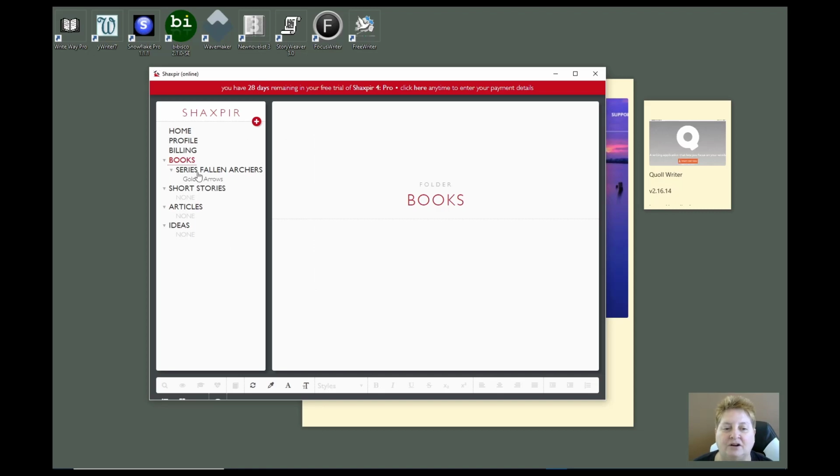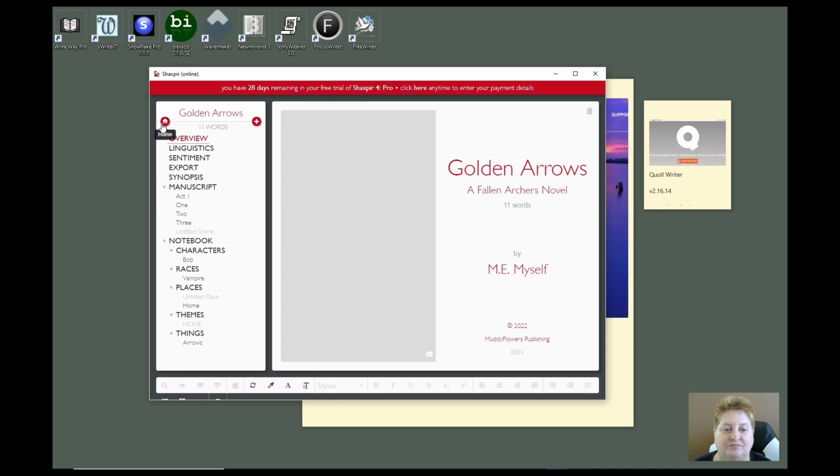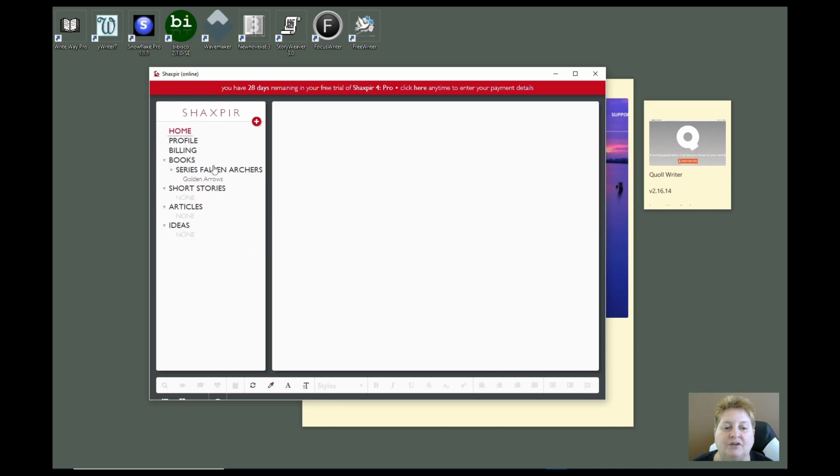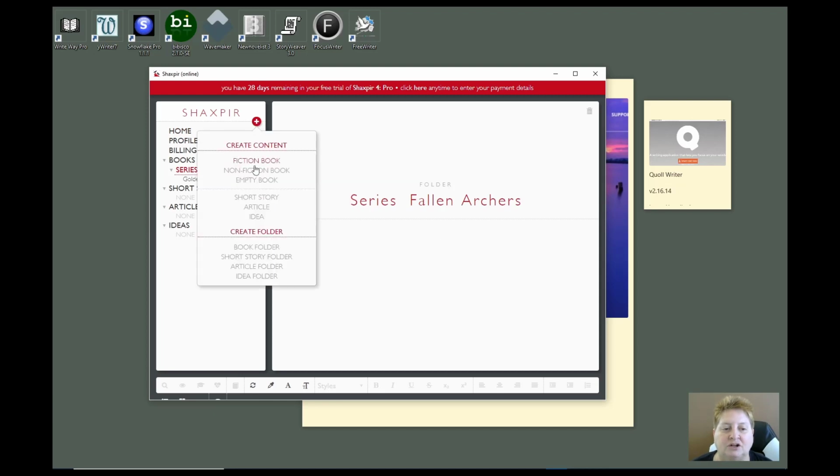Now, I've already added a few things to the software. I added a folder here called Series Fallen Archers, which is a folder under my books heading. And I've added a book called Golden Arrows under this. So if I wanted to add a new book, I could hit this Create Content button and choose what I